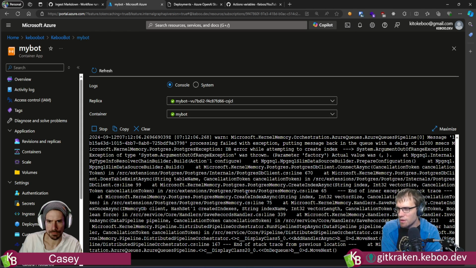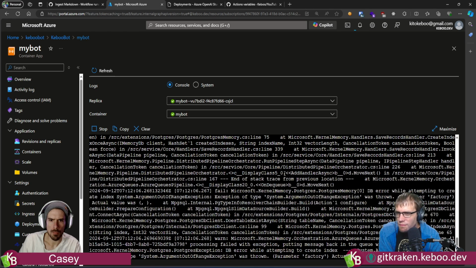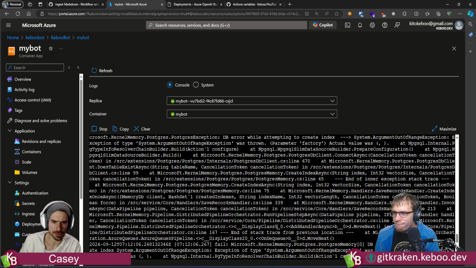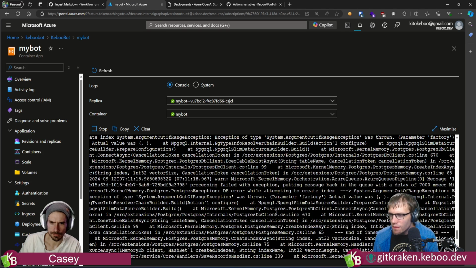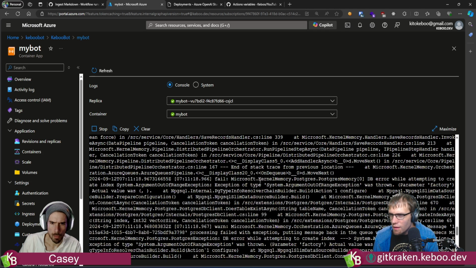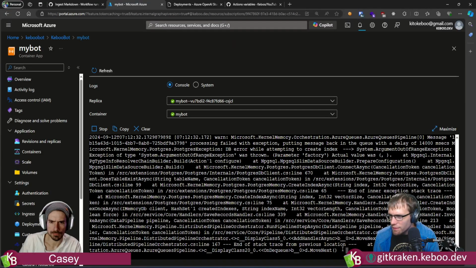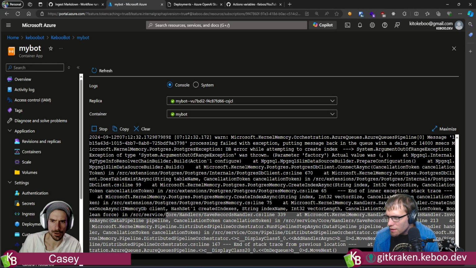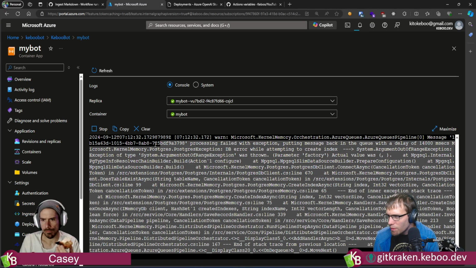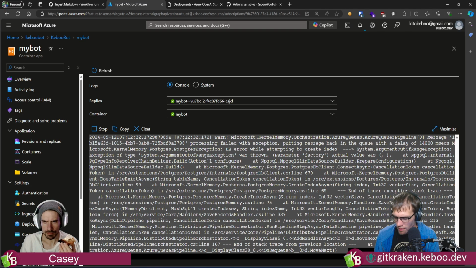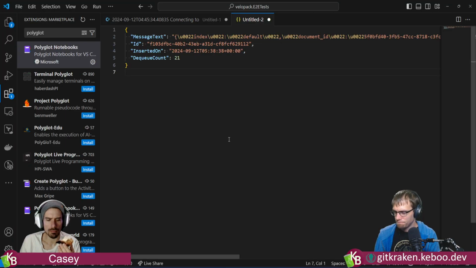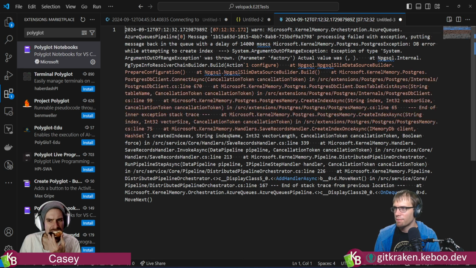I mean, it's not getting a permission denied. Parameter factory was actually comma. Okay, this is hard to read. Let's get this out into a format we can look at.